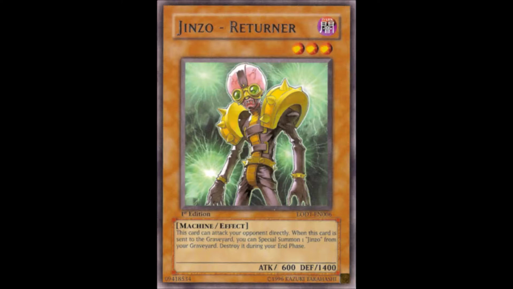But still, it works very well in combo with cards such as Crush Card Virus, since you can Foolish Burial a Jinzo and then tribute this card to apply the Crush Card's effect, and then you get yourself a Jinzo out from the graveyard. Yeah, this thing is a definite 3-off staple, such as the next monster, that being Jinzo